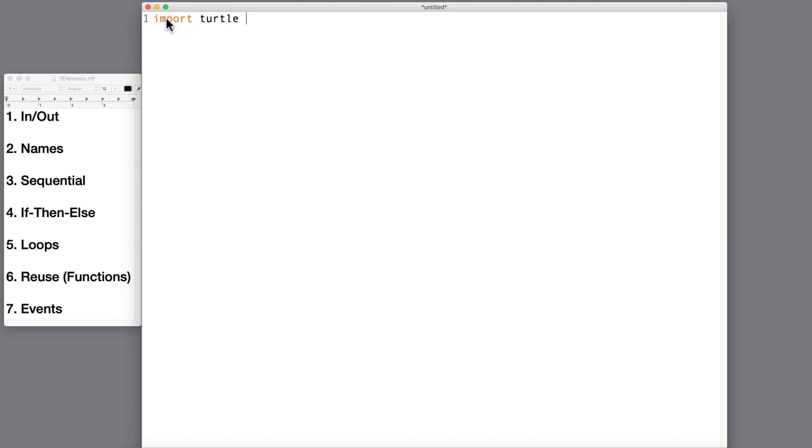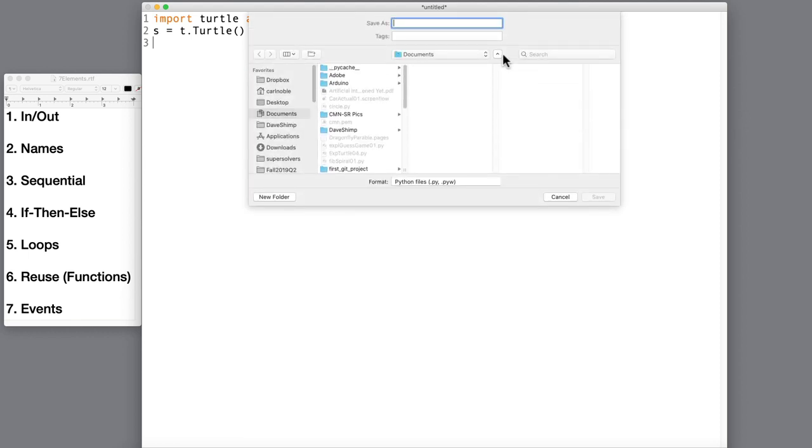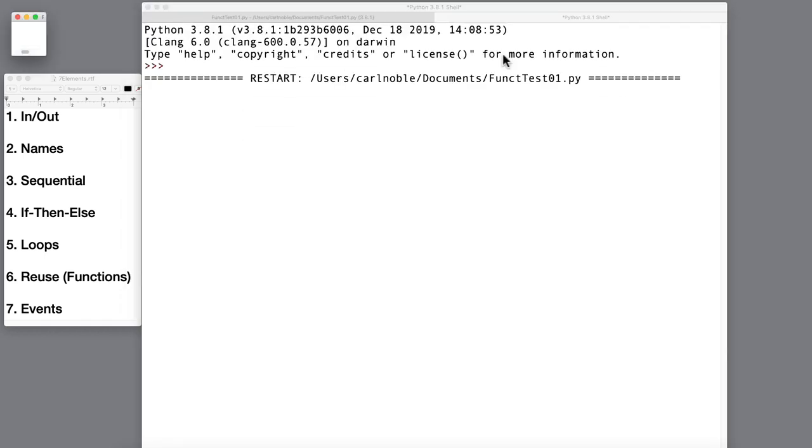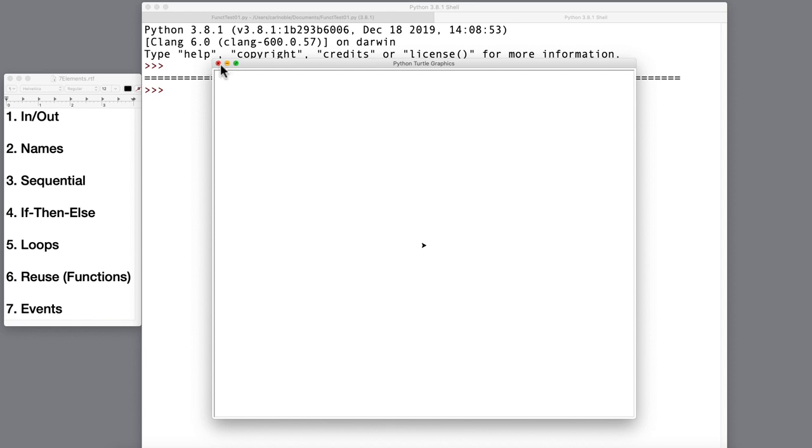turtle as t, and we'll say s equals t dot Turtle, Turtle has to be capitalized. Okay, and to make sure everything is working, we're going to press F5, and we've got to save it. I'm going to call this file cttest01.py. Okay, save it. Fine. And what happens? Yep, we got our little turtle just like we did before,